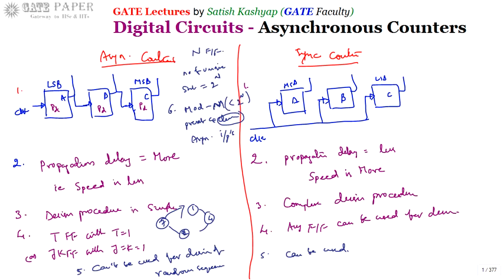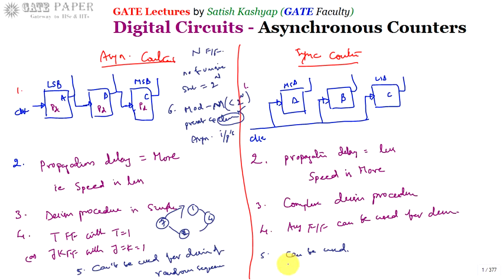Okay, so generally clear is used whenever it is for the initial state. We expect all flip-flop outputs to be 0, so they get reset. For that purpose clear is mostly suitable, but preset is also used in the case of down counters where the initial state is all ones.